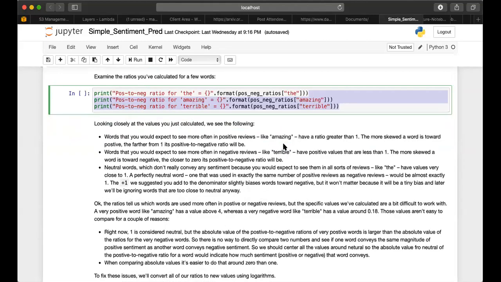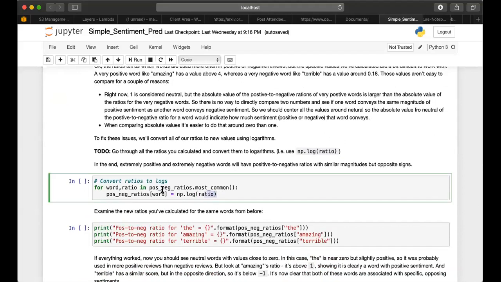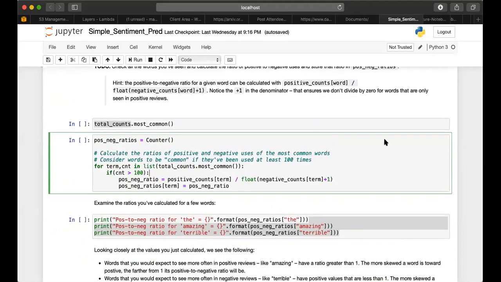So a way of scaling this down to reasonable values is by applying logarithms, right? And that is what we did here. So if you run this code here, it finds the logarithm of each of the ratios that we have calculated in the code cell above, right?